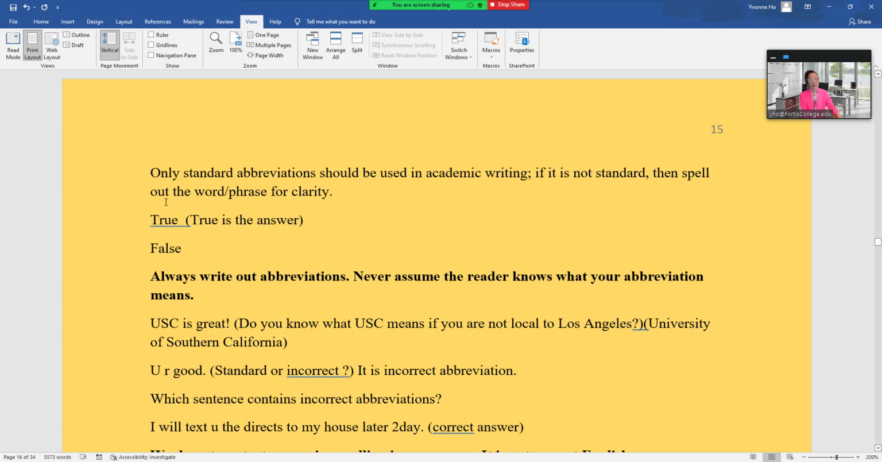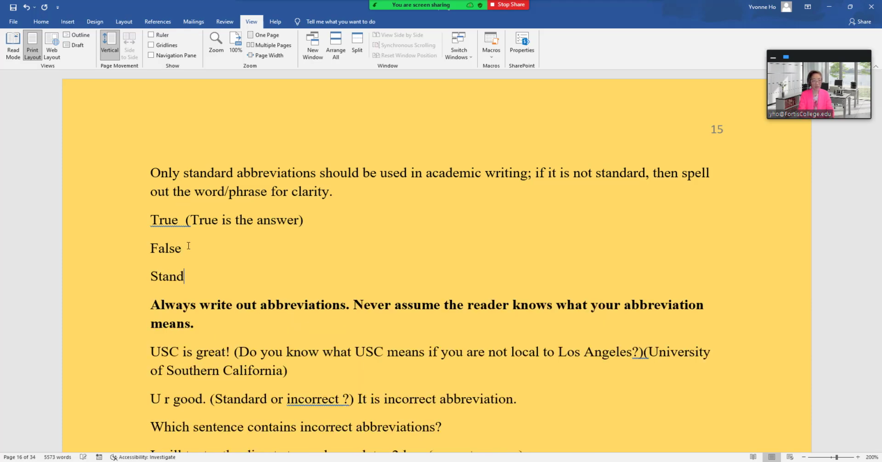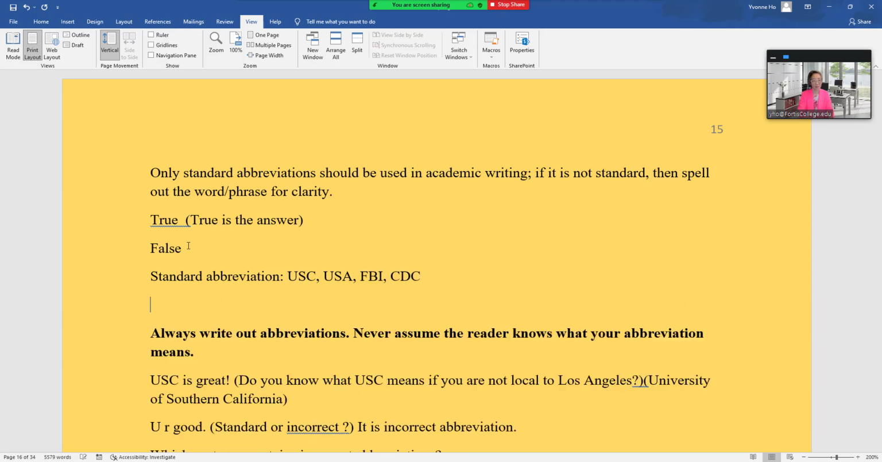True, because non-standard, okay, so standard abbreviations would be like USC, USA, FBI, CDC, something like that. Non-standard abbreviations are things like LOL. I can't remember off the top of my head, but all the things that you use for BFF, all the things that you use for texting,